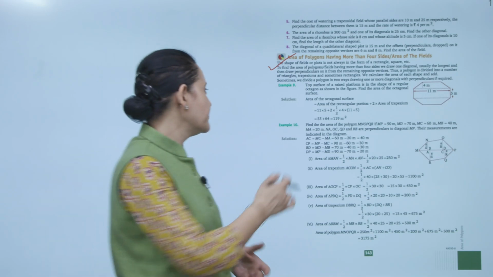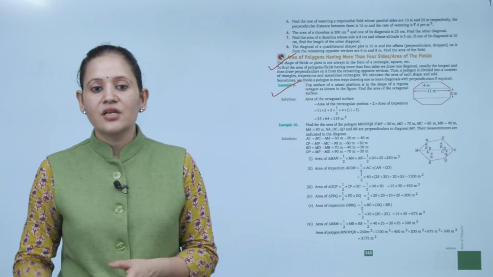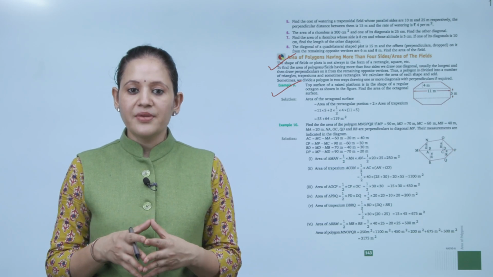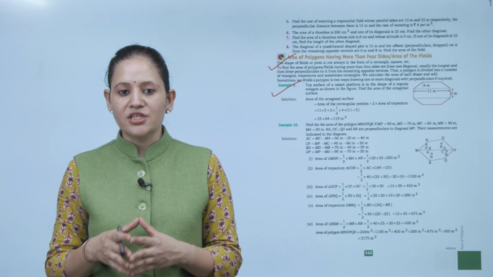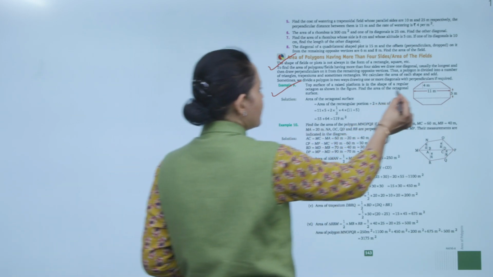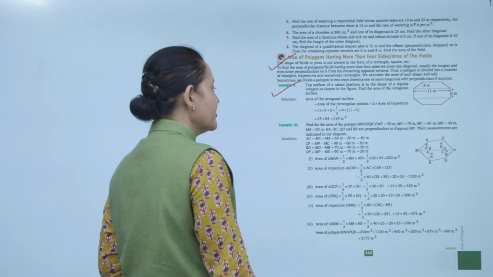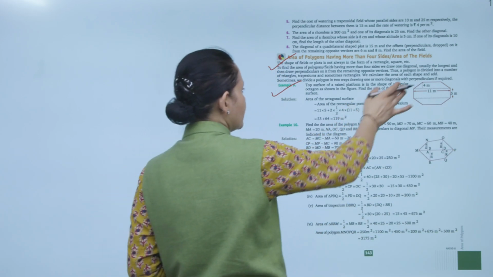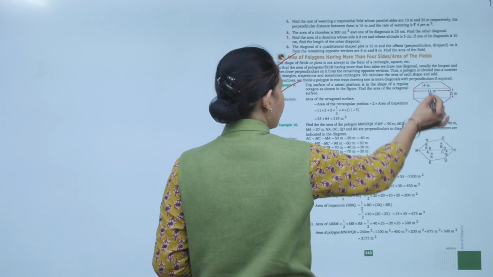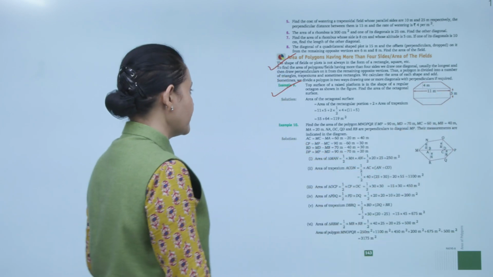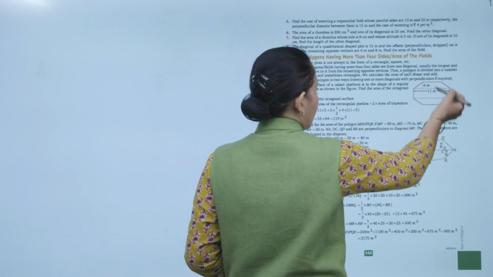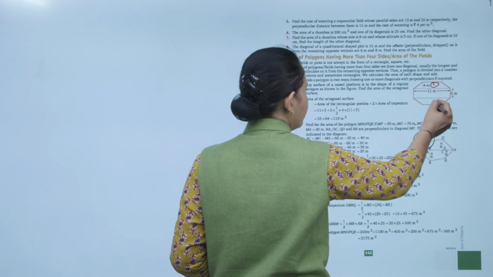So, we will take an example here. The top surface of a raised platform is in the shape of a regular octagon. As shown in the figure, find the area of the octagon surface. So, we have to find the area. What we have done is draw it this way. We have divided it like this: this becomes a rectangle, and these are 2 trapeziums. So, the area of the octagon surface is the area of the rectangular portion plus the area of the 2 trapeziums.